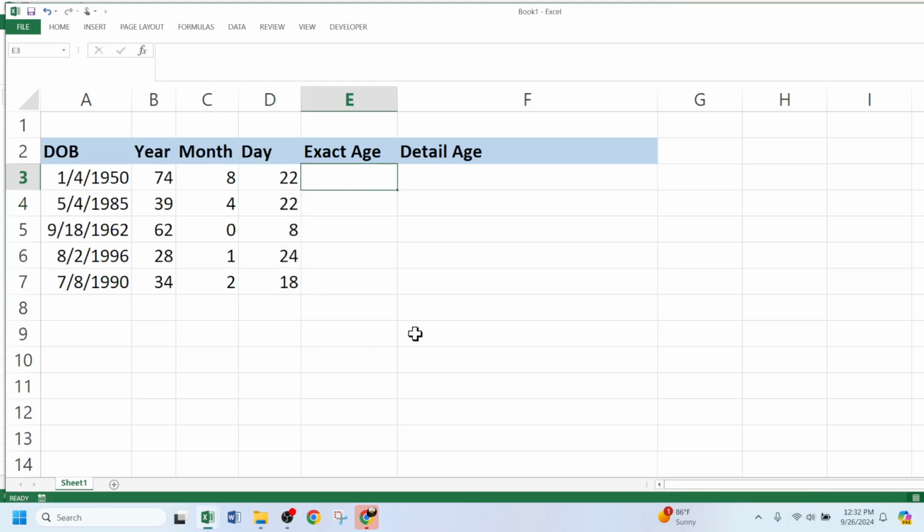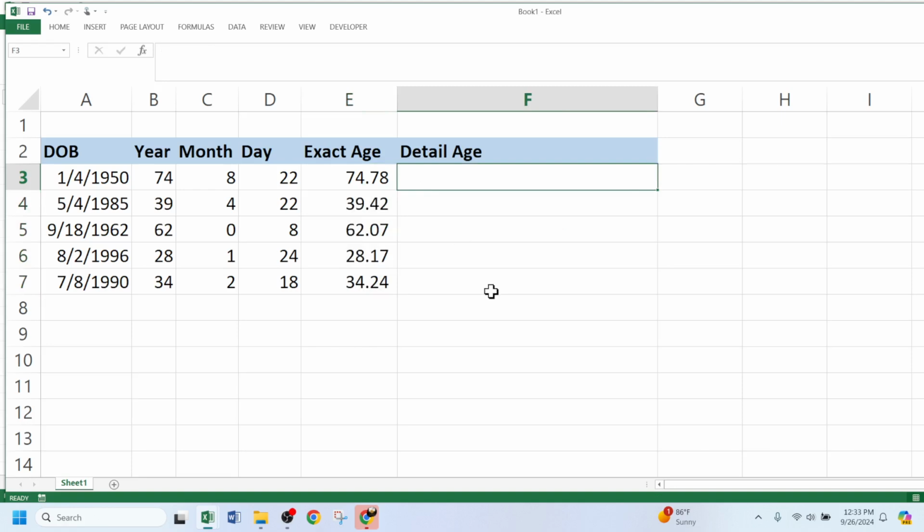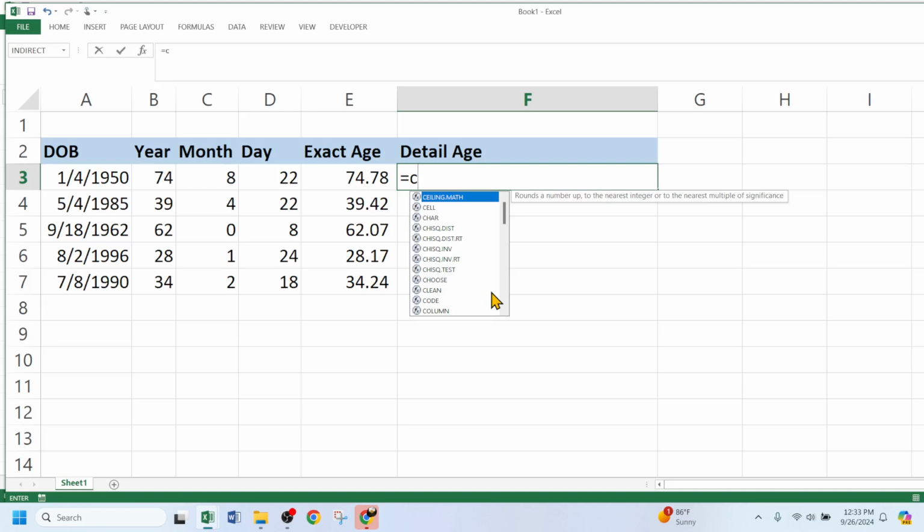For exact age, type equal, open parenthesis, type today's date function, minus, select your date of birth, and then divide by 365, hit enter. You send it down. For detail age, type equal, and use a CONCATENATE function,